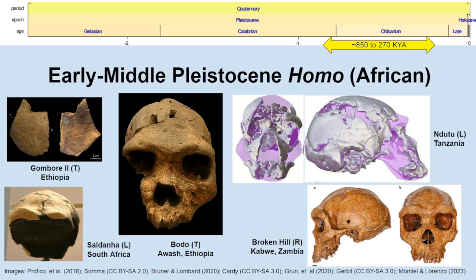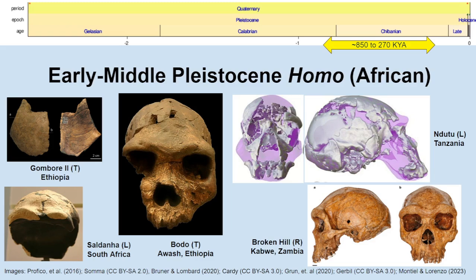The Ndutu skull from Tanzania is older, around 450,000 years ago, and was once also thought to relate closely to Homo sapiens, but a very recent reconstruction has revealed that the original restorations had actually exaggerated those sapiens traits. Now, while a phylogenetic relationship could not reasonably be established at present, the fossils do show tentative similarities to